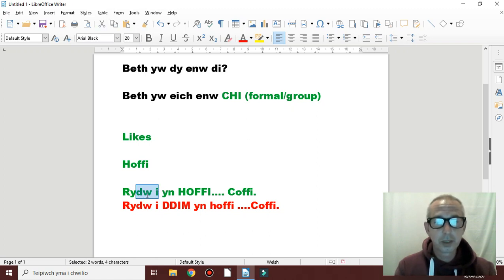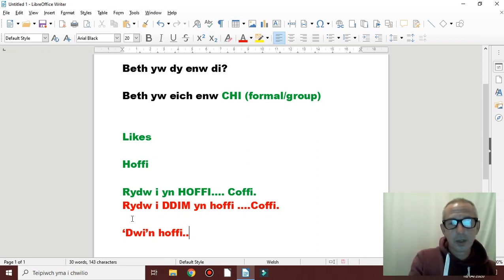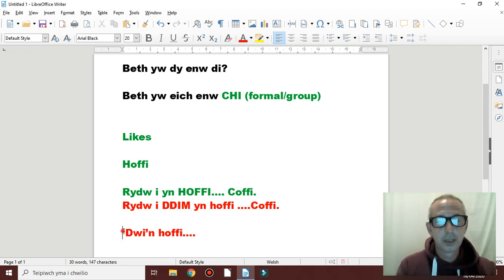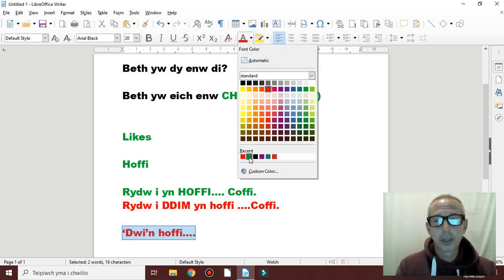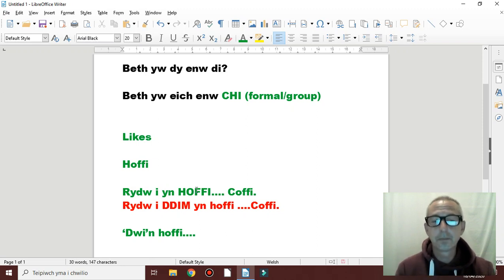So you could simplify that quite easily to dwi'n hoffi, and then whatever it is. I'll put that in green because that's something you do like. So you've simplified rydw i yn hoffi to dwi'n hoffi, I like.